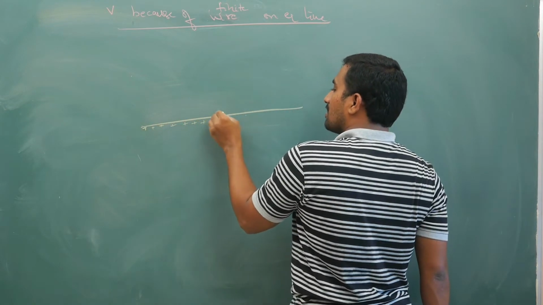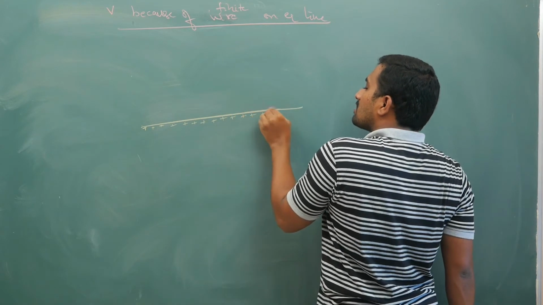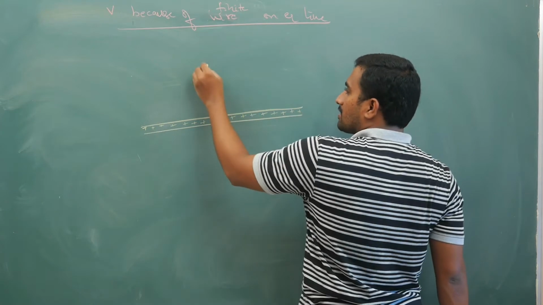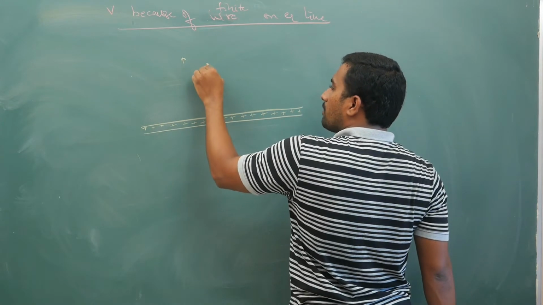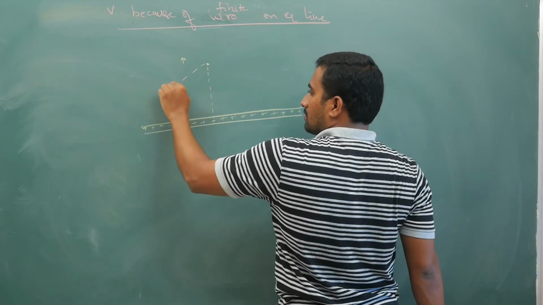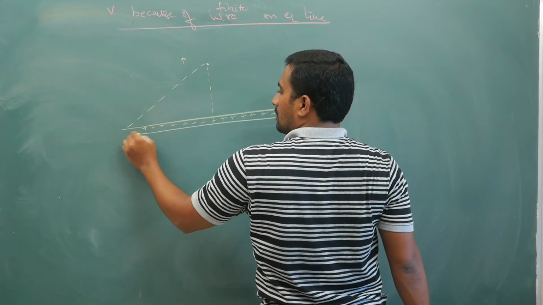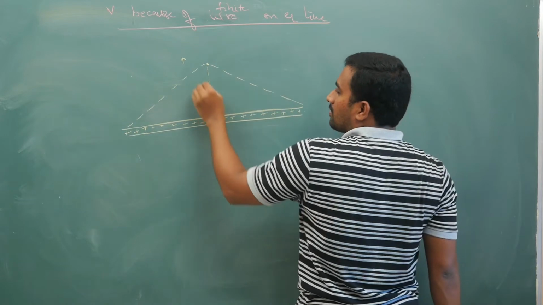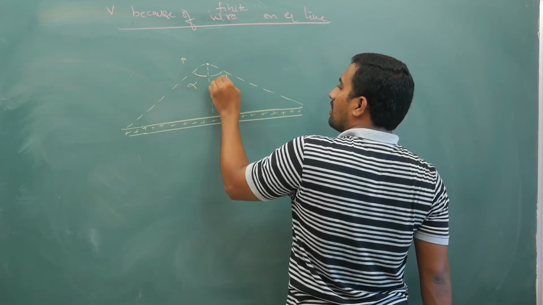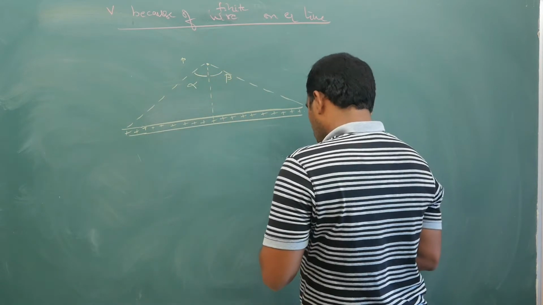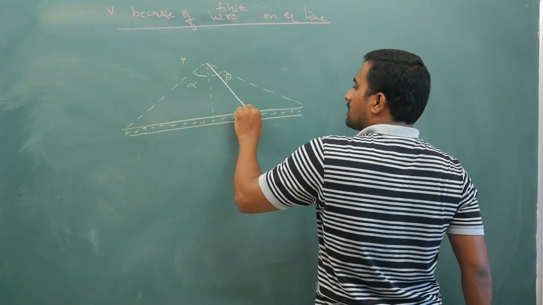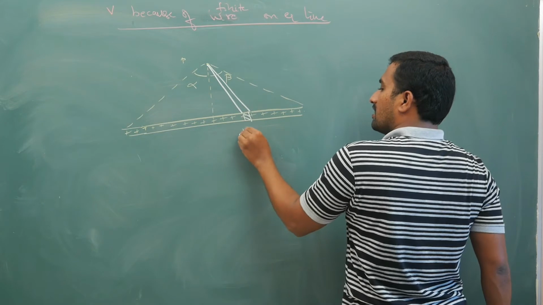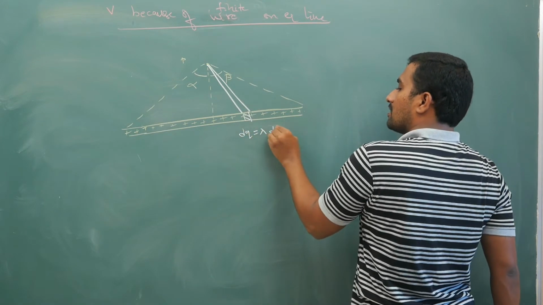Potentials are not so easy, or not so tough. It depends upon the limits. So coming to the potential, what is to be done is the big challenge here. This angle is alpha, this angle is beta. Now I will take a small strip here, dq equal to lambda times dx.